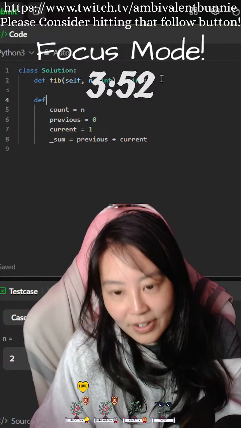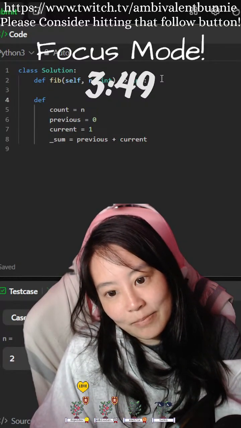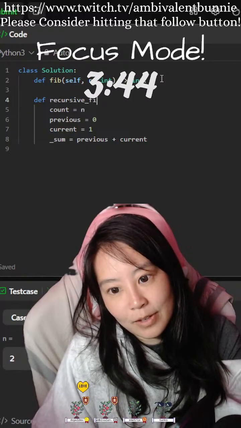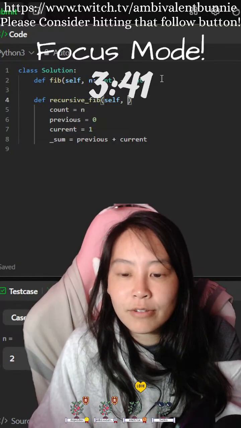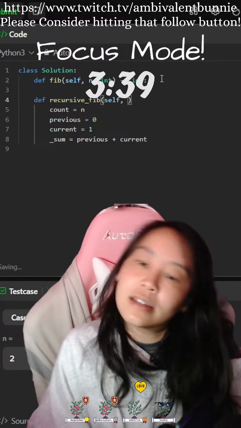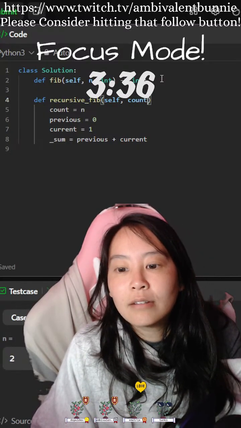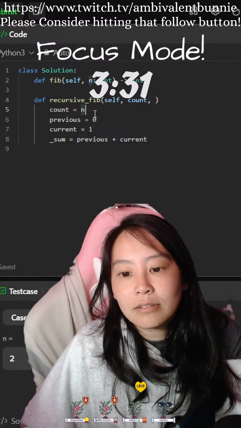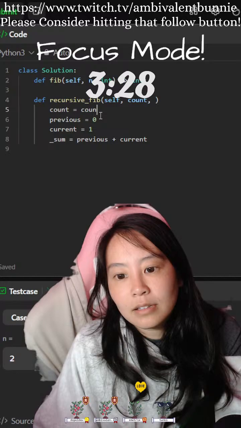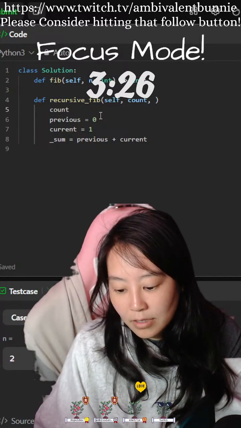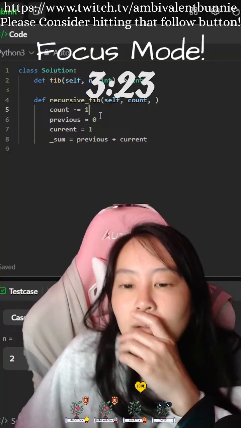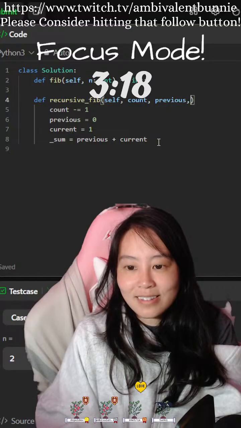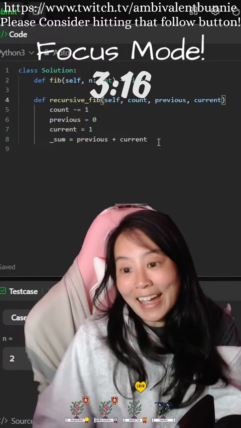Okay, so we're gonna define recursive fib. So self, we're gonna provide count, and then count minus equals 1. Okay, count, gonna provide previous and current.